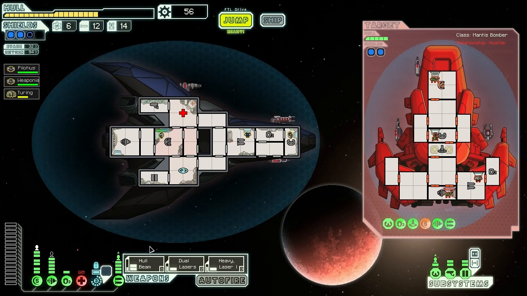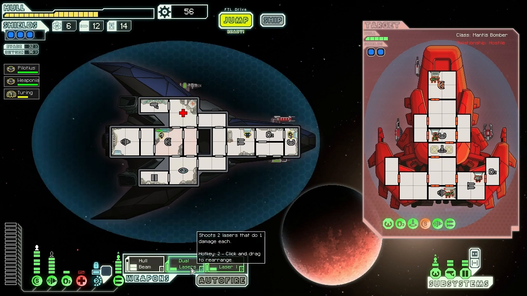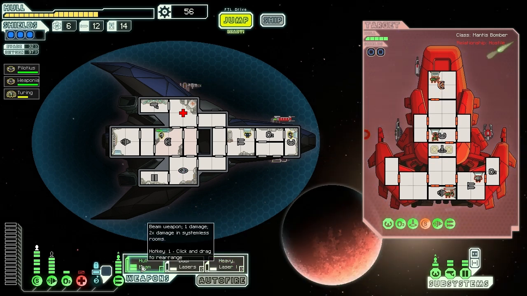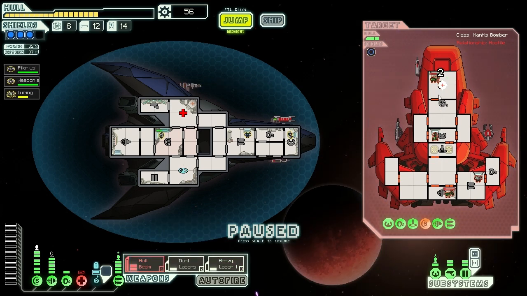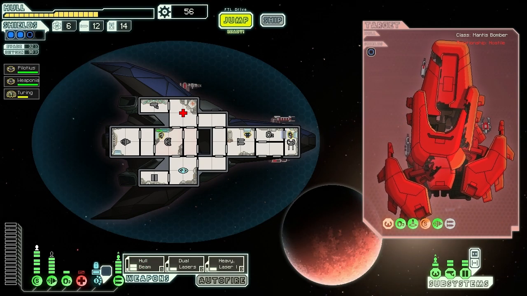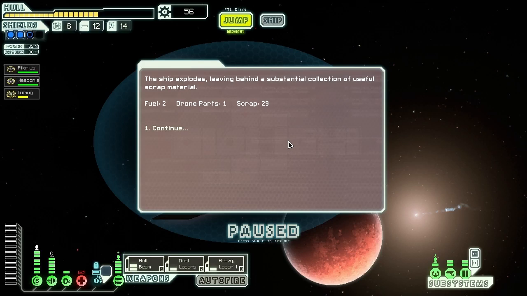They're actually damaging us, which makes me really nervous. I don't like that one bit. Okay, let the whole beam come up just a little bit more, and that should be good. Dual laser. Let's just make sure we keep their shields down. And as soon as the shields are down, which is right now, we can tear them apart that way, and that'll do it. Okay, so we took more damage than I expected to by a pretty large margin there, but we got a